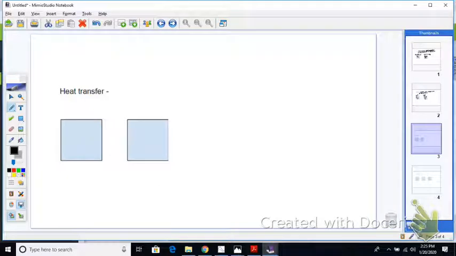Okay, heat transfer is always going to go in the direction of warmer to colder. So heat is always